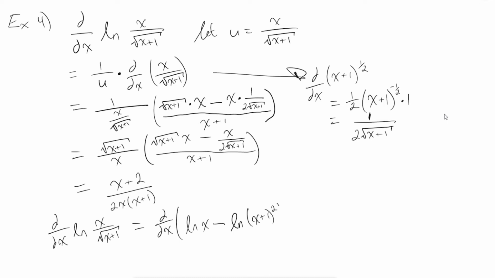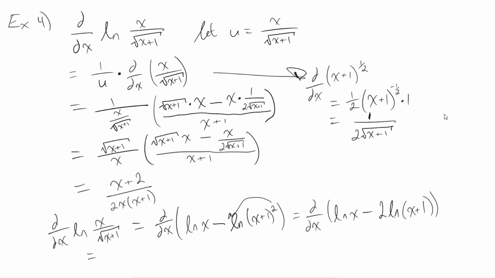However, when we take the logarithm of something that is to a power, that power comes right down. So that becomes d with respect to x of ln x minus 2 ln x plus 1, which is significantly easier to do,